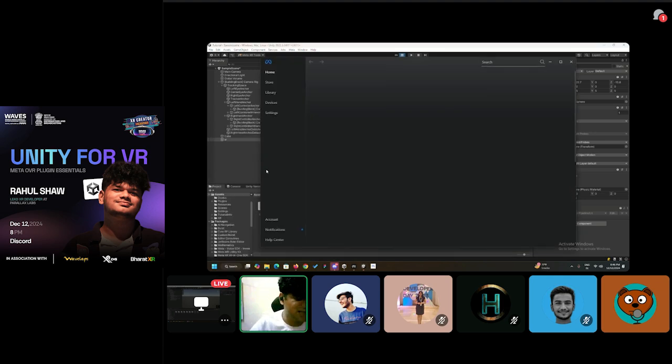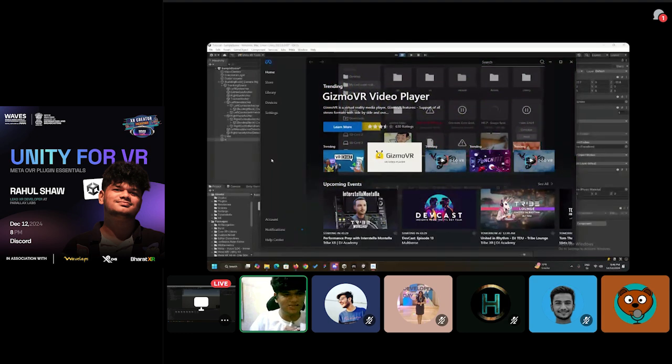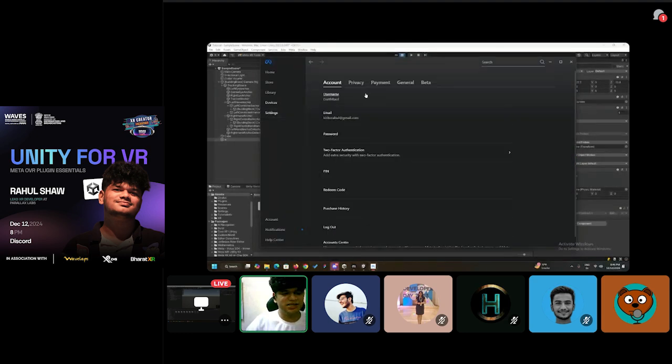Meta Quest Link आप enable कर दो, and then inside your VR headset you should also enable the Quest Link feature. And in settings पे जाके, one of the things that I would suggest is to have a Meta developer account. The reason being that once you have a Meta developer account, you have the option of this beta वाला